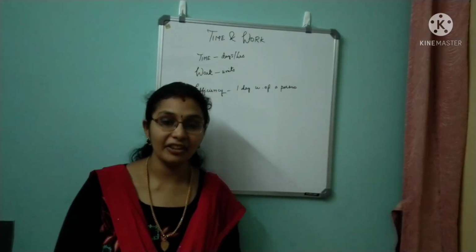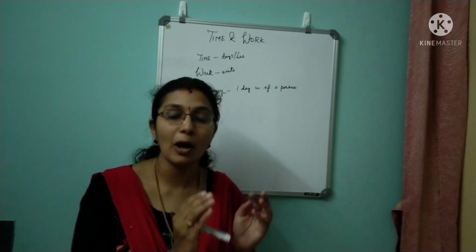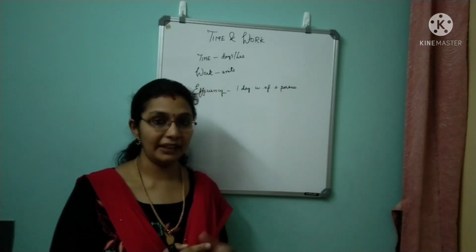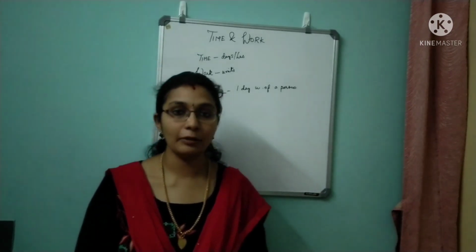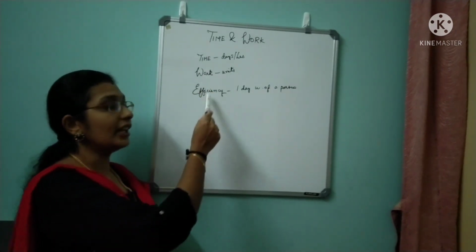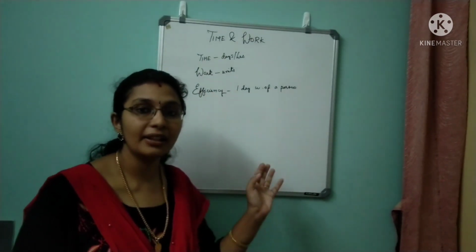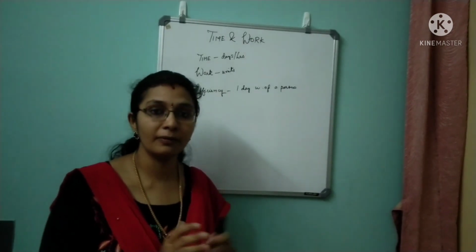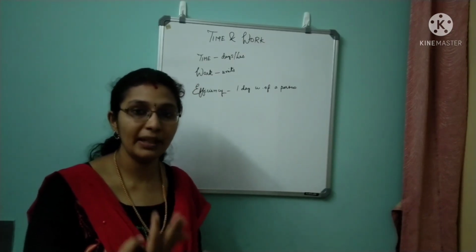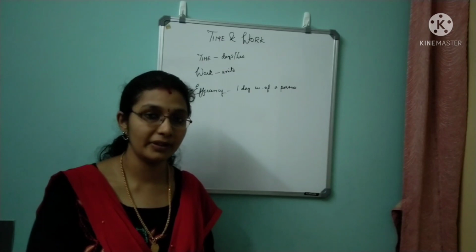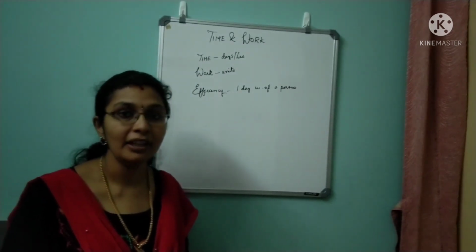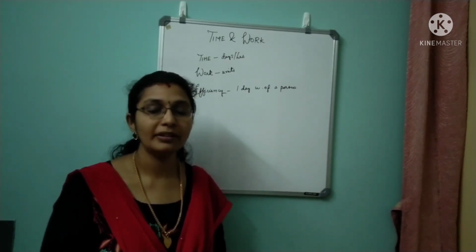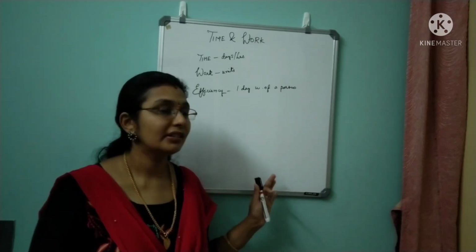Let's start with the topic time and work. As the name suggests, it is about how much work you are going to do in a certain period of time. Some important terms related to time and work are time, work and efficiency. Time is usually calculated in days or hours, depending on our question. Work is how many units of work you will have to complete. It may be by a person, two persons or more. And efficiency is nothing but one day's work of a person, that is, per day how much a person will be able to do. This is what the basics of time and work are.